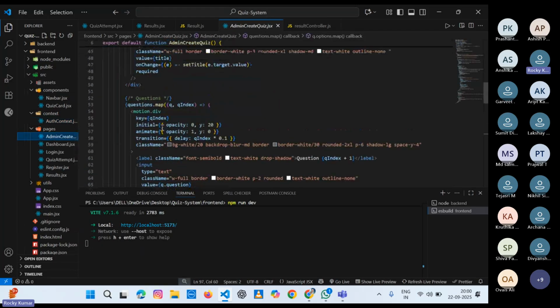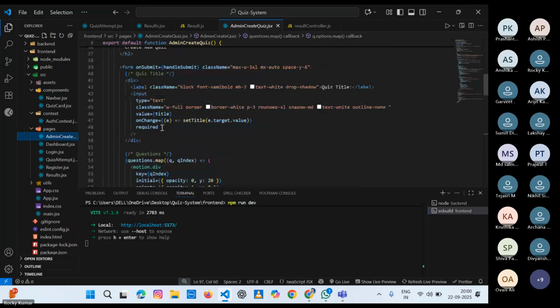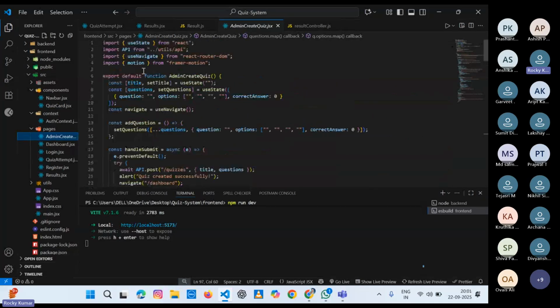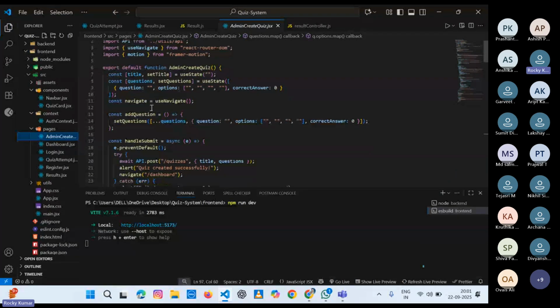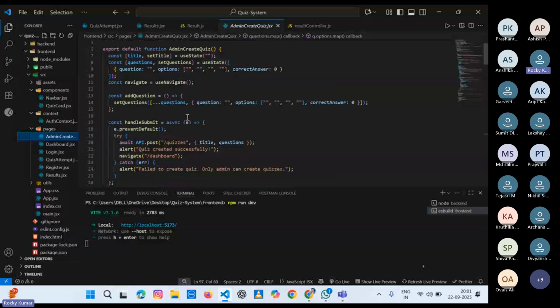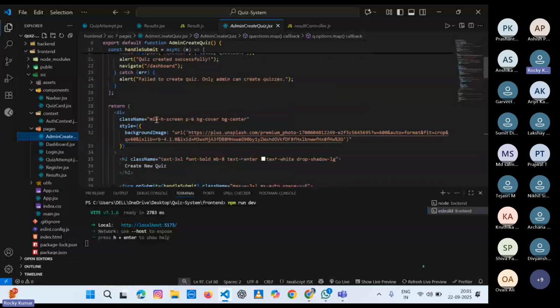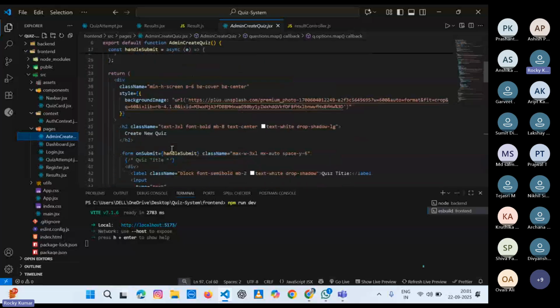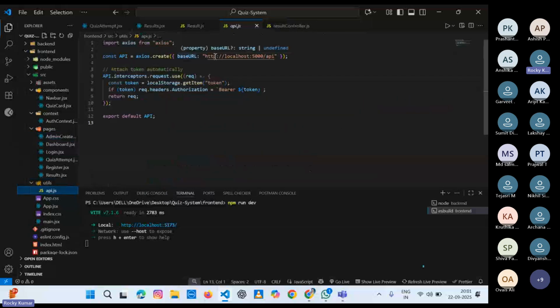I am also using the Framer Motion framework, and the UI is attractive. Multiple files use useState, and the last folder is the APIs, like Axios, creating the base URL, and